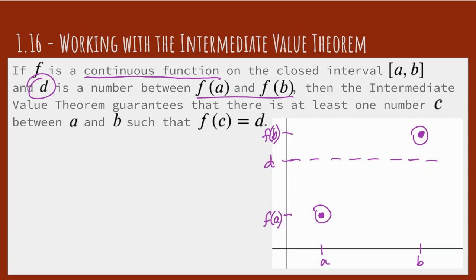Now, it's important for us to understand that we don't know where it happens. We actually don't even know how many times it happens. So it says at least one time, but it could happen over and over again. We could get D 17 times. We could get D, well, doesn't matter, any finite number of times, but it has to happen at least once. So this is actually what's called an existence theorem. It doesn't tell us how to find D, and we'll talk about that in a minute, but it doesn't tell us how to find the point C,